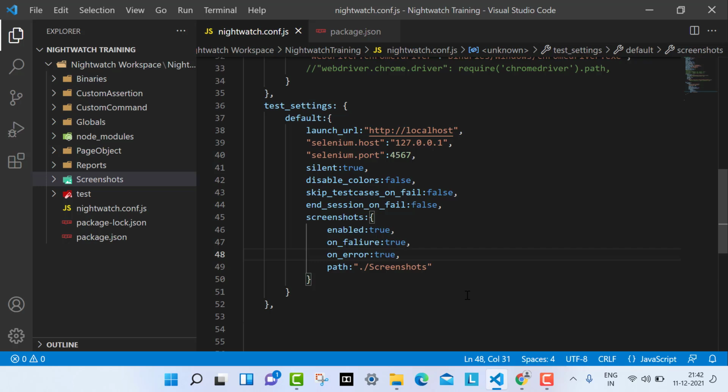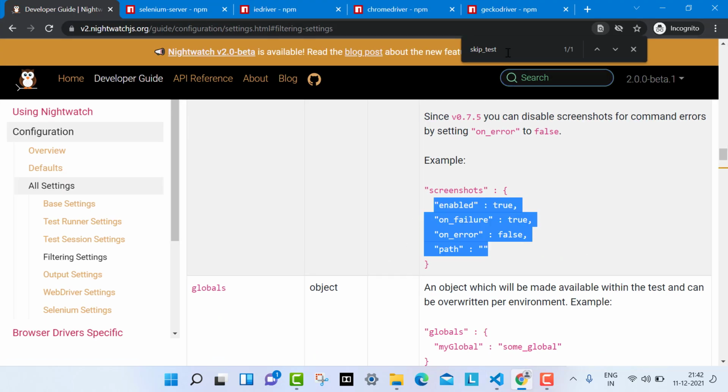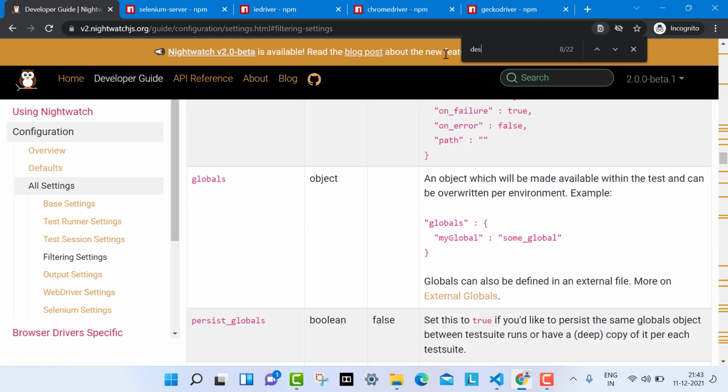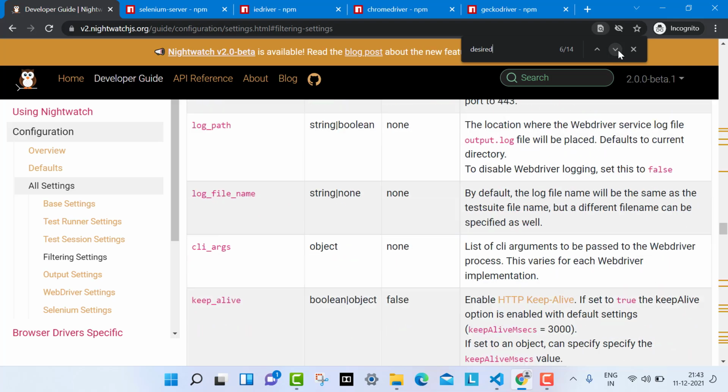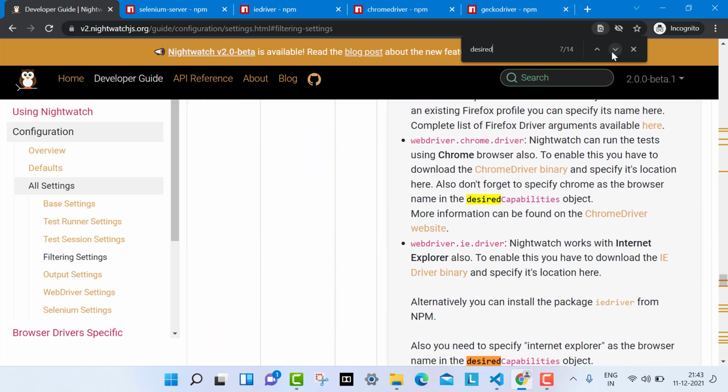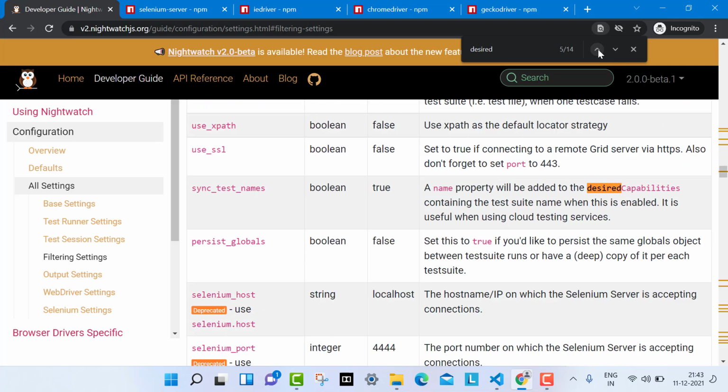Now, another thing is that till now we have seen the default ones. Some other thing is that we can put some capabilities. You should have seen what is called desired capabilities or capabilities. If you see here, let me search for desired capabilities.